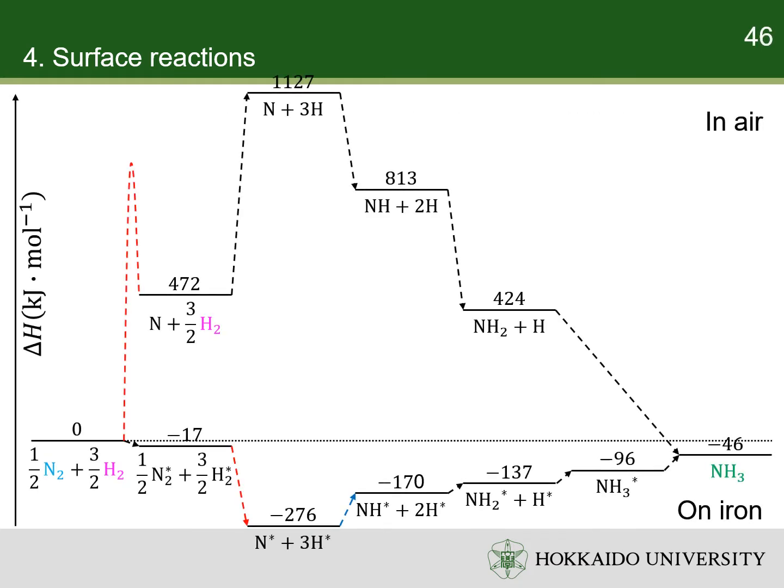An energy diagram can be created based on the enthalpy of reaction of the individual steps. Due to the high activation energy of the dissociation of nitrogen, the gas phase reaction is not realizable. The catalyst avoids this problem, as the energy gain resulting from the binding of nitrogen atoms to the catalyst surface overcompensates for the necessary dissociation energy, so that the reaction is finally exothermic. Nevertheless, the dissociation of nitrogen remains the rate-determining step, not because of the activation energy, but mainly because of the unfavorable pre-exponential factor of the rate constant. Although hydrogenation is endothermic, this energy can easily be applied by the reaction temperature, about 700 Kelvin.